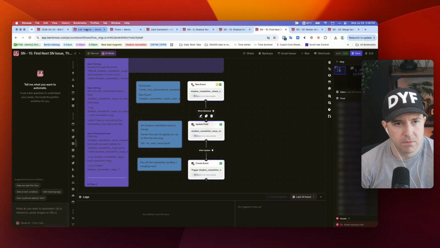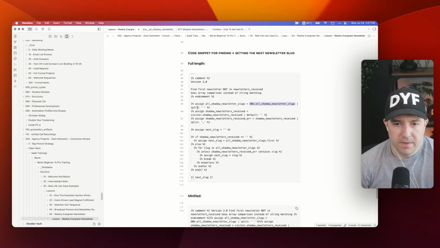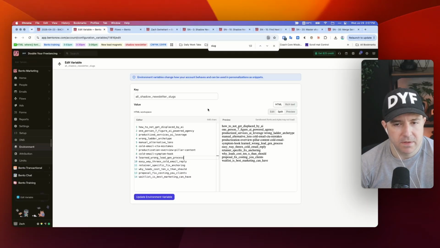And so that one is this one. So it's just a list of these slugs separated by the enter key. And then in this case, we're splitting, but I think this is not a space. I think it's a new line, or maybe it is a space and a new line is rendered as a space or something. But basically the thing that you need to understand is that this environment variable by default in